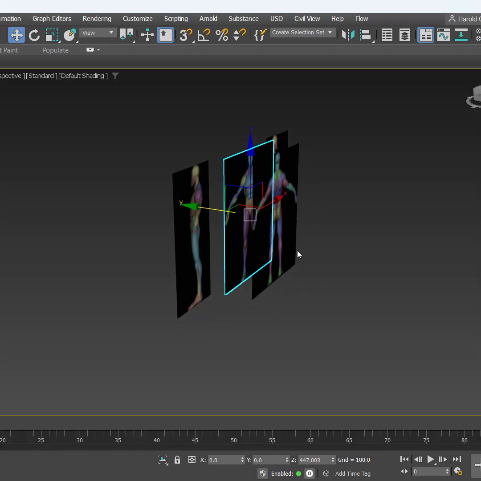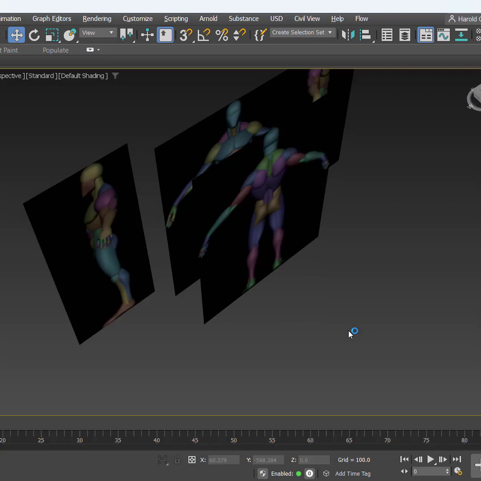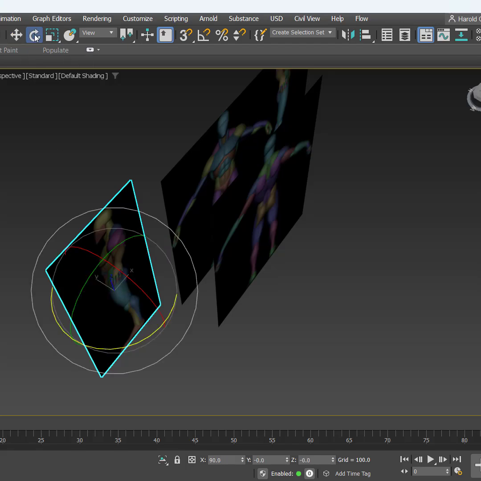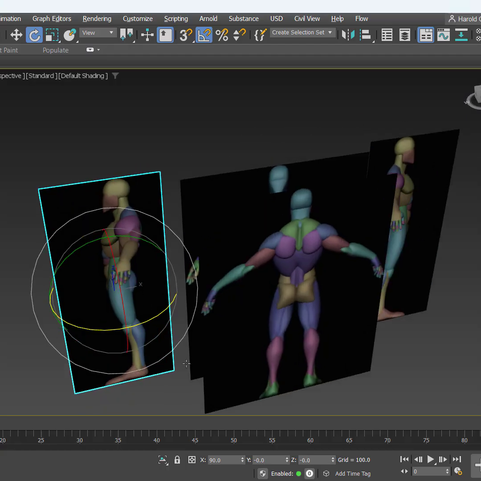So the next thing that we will do now is select this. I'll go to my rotate tool, and then I will press letter A for the angle snap, and then I'll just drag along this horizontal axis here, which is the blue one. See, it is blue when it's not selected. So if I drag over, that's the blue axis there. I'll just drag it